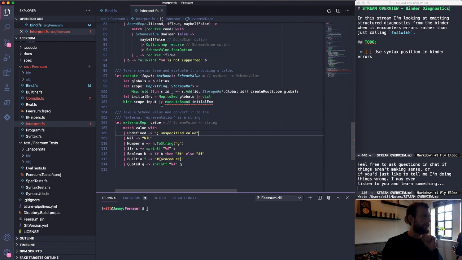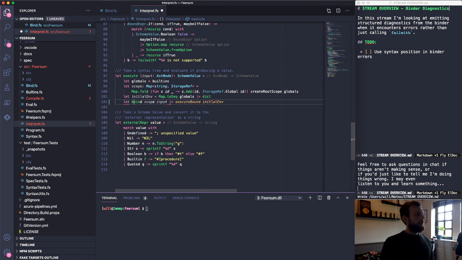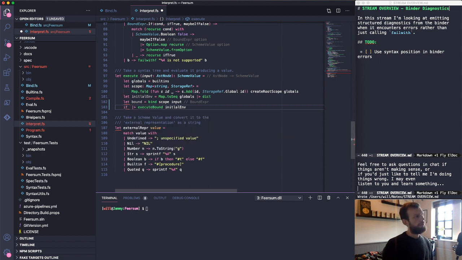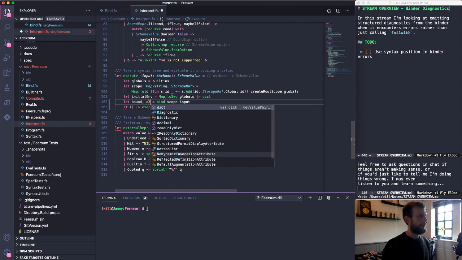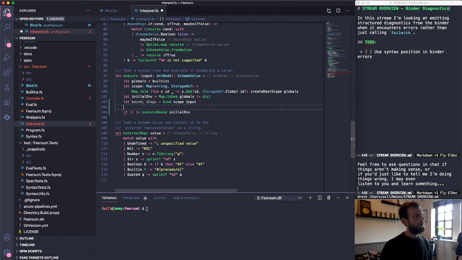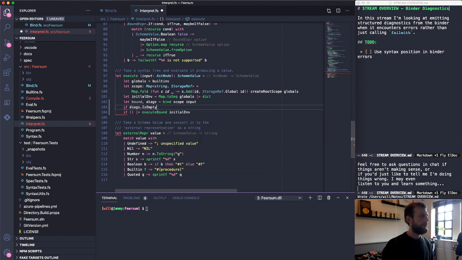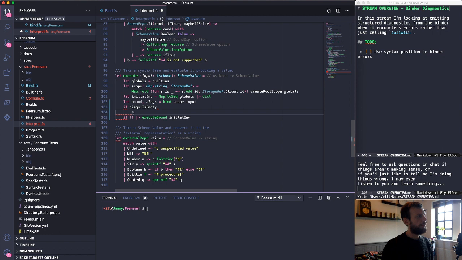But what we can do is bound equals binder, and then if we have any diagnostics, if there are no diagnostics, we will execute